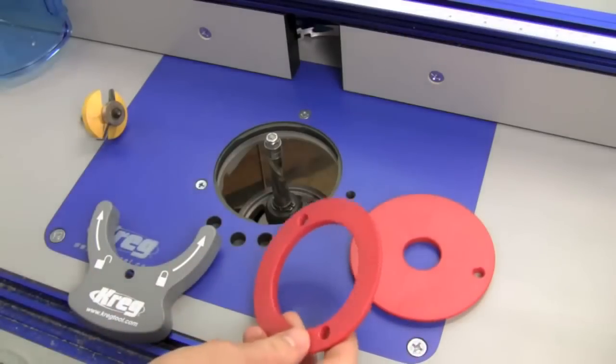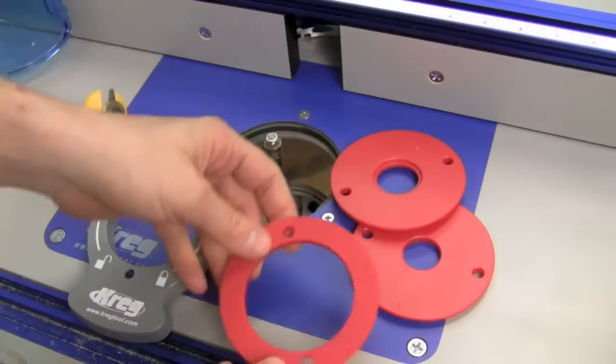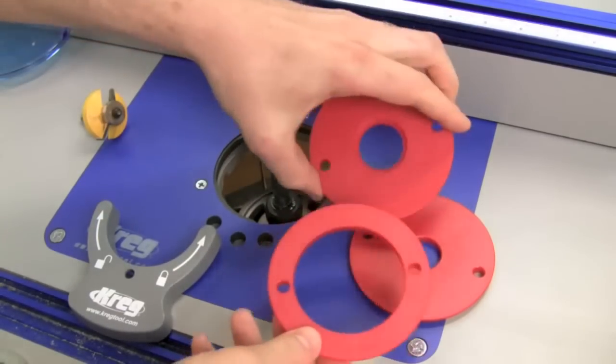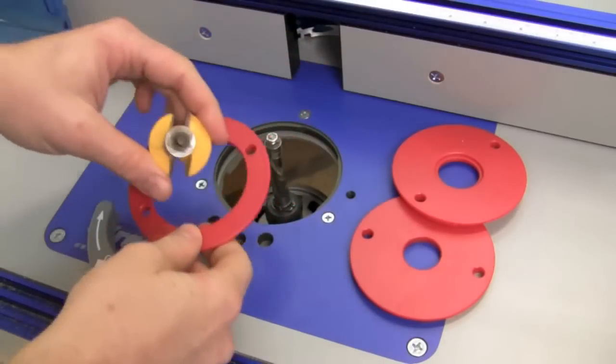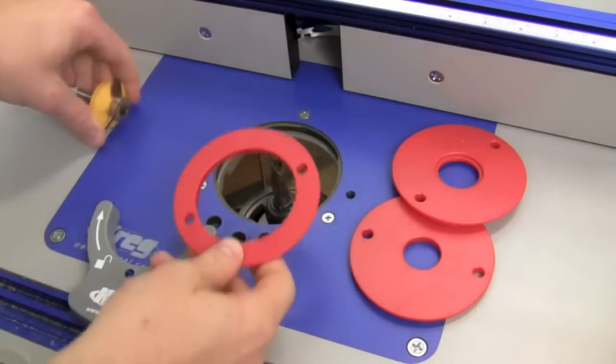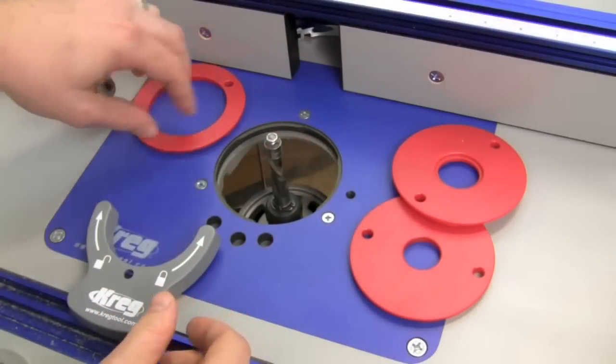The router plate comes with 3 different reducer rings. Got a 1-inch, 1 3/16 inch, and a 2 5/8, and this is a guide bushing size, so that's pretty handy. So I want to use the large one here for this bit to fit in there. But before I go ahead and pop that in, let's go ahead and